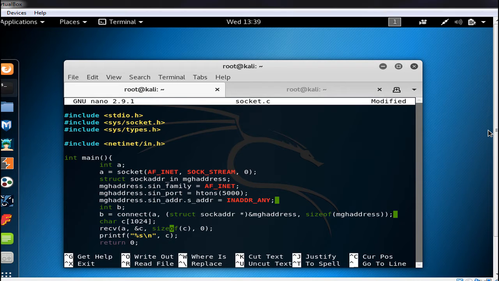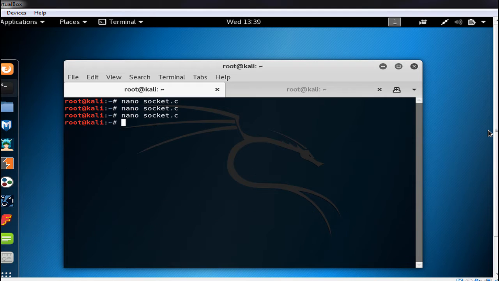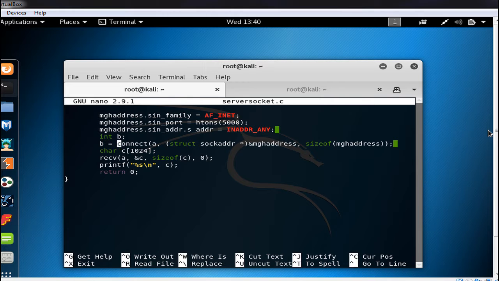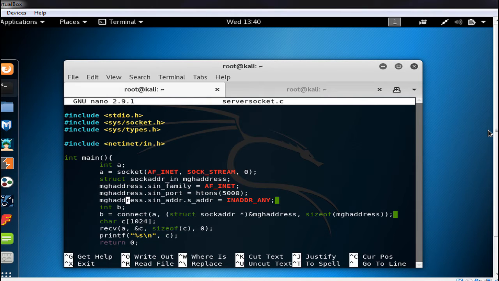differences. So in here I press Ctrl X and Y to save, hit enter and say copy socket.c to maybe server socket.c and hit enter. Now I say nano server socket.c, and this would be our server. First of all, we have created the socket saved in A. We have created the address structure in ADDR. Any means all the interfaces in this system, and now after that we would want to just cut all these lines,